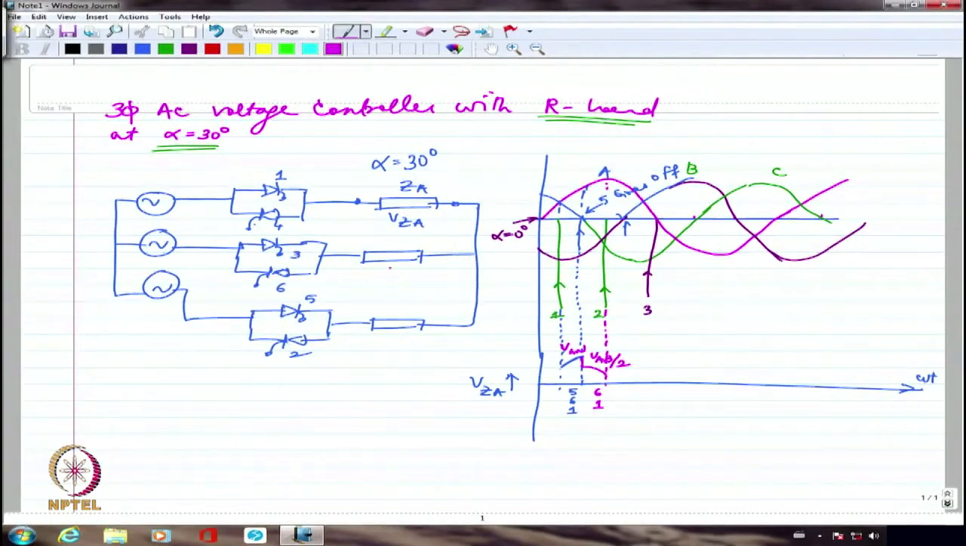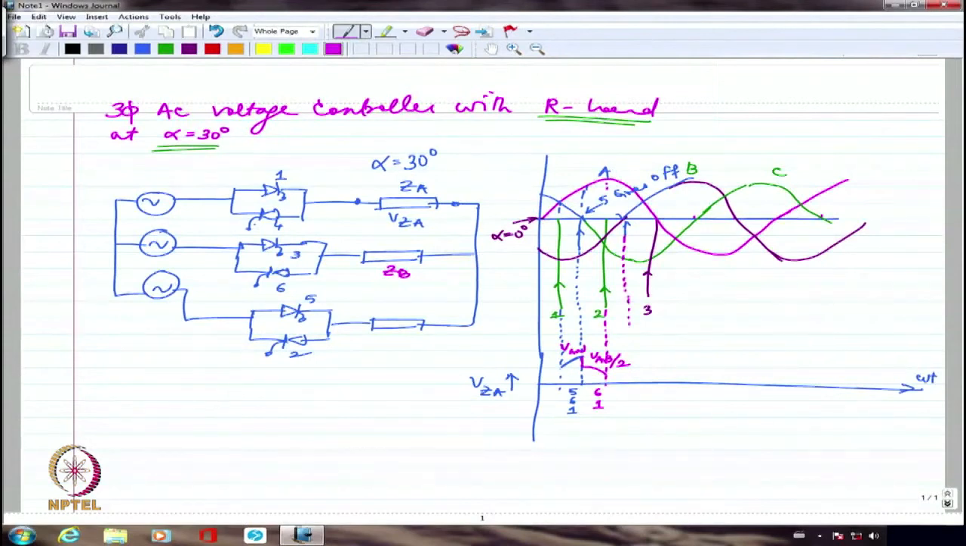So I have to look at what is the voltage across ZA. So load per phase voltage. We are looking at the per phase voltage of the load. So it will be VAB by 2. Then again when I fire 2, I'm going to have until this point where I'm going to have